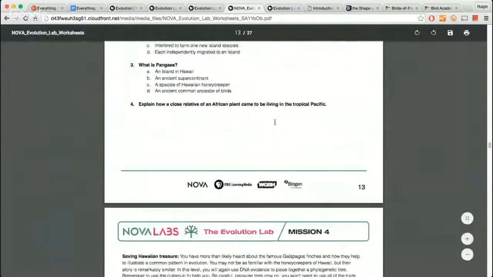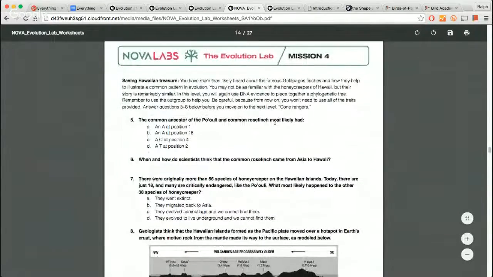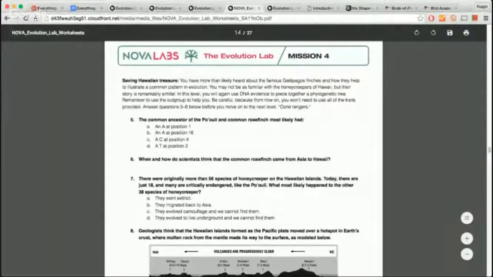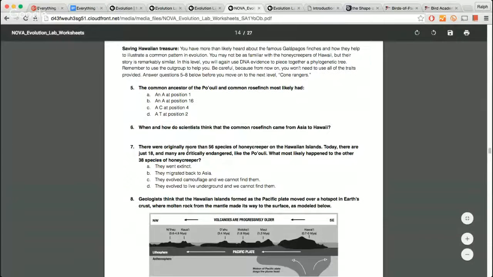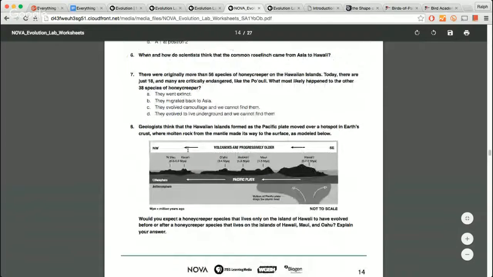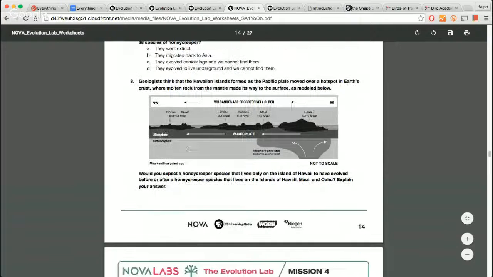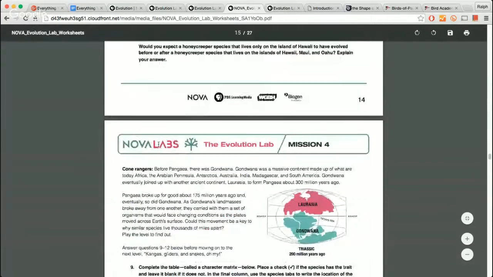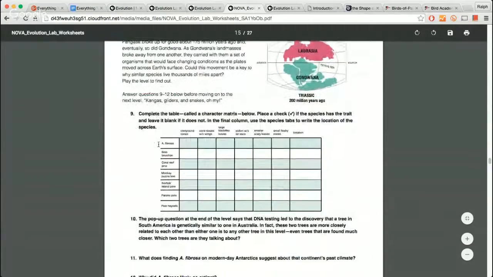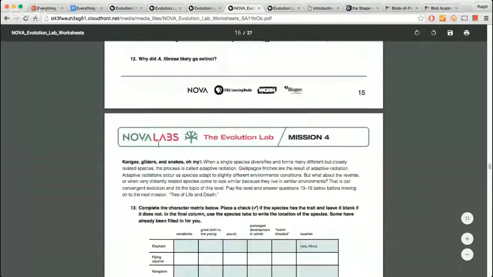Yeah, a little feedback. The idea here was making sure students don't miss anything. When you're playing such an engaging game like the Nova Lab, sometimes you can get caught up in how much fun it is, and it is a lot of fun, but we wanted to make sure that the learning wasn't lost in all of the fun. So these worksheets are really intended to slow the student down and to make sure that they're catching all of these wonderful nuggets that are in here.